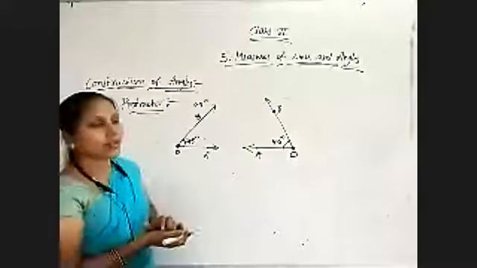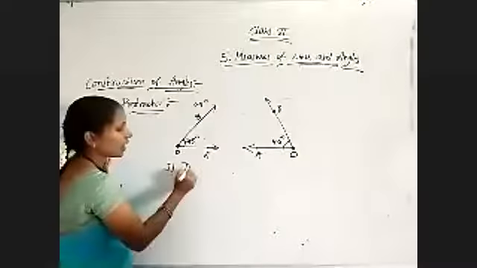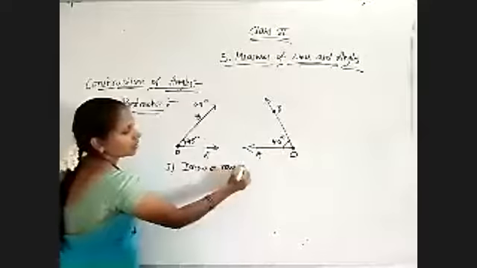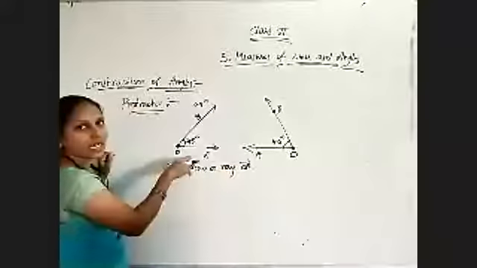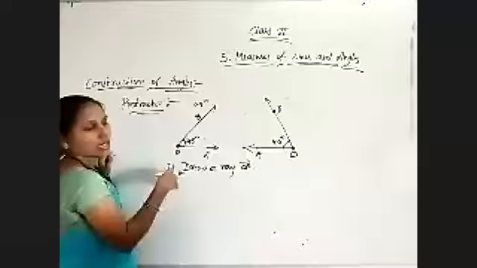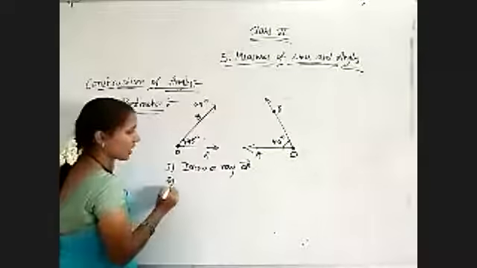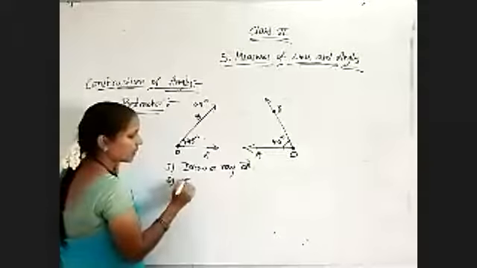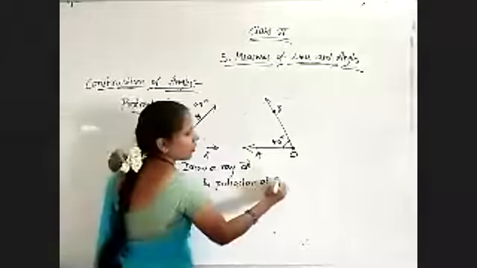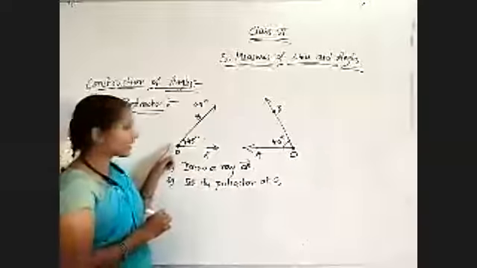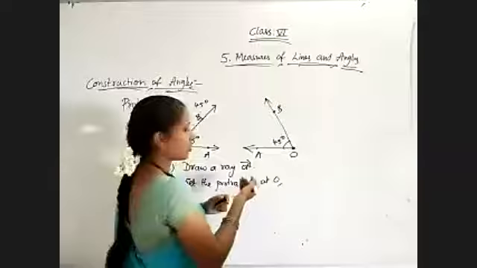I hope you understood. If you have a protractor, just do as I am telling. First, what we have to do is draw a ray OA. As you want to draw it, on the right side, draw on the right side, otherwise the left side. Anti-clockwise rotation and clockwise rotation. After drawing ray OA, set the protractor at O. How are you setting it? The common point of the protractor at O and the 180 degrees line on OA. Those 2 points you must and should remember.